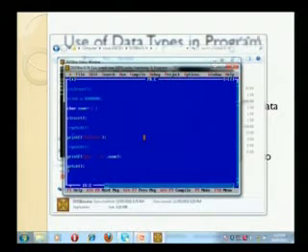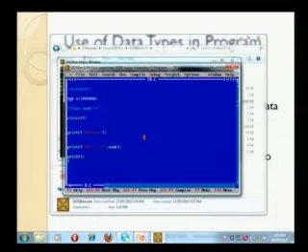Now this is what we saw, that we were giving static values. Now what if a user wants to give a value? Then there is another function named scanf. Scanf is used to get user inputs. See, I have declared A equal to 30. This is a static value, a fixed value 30.